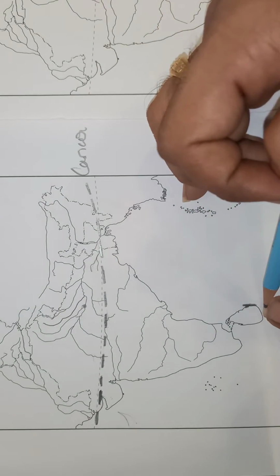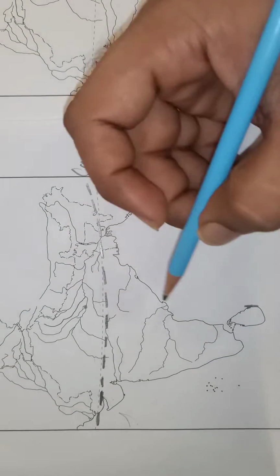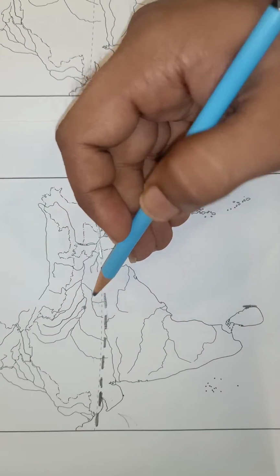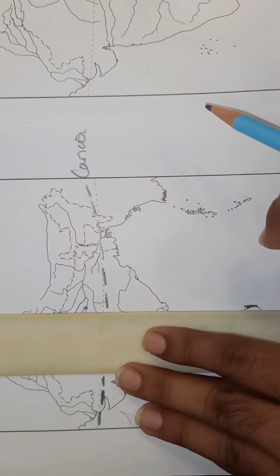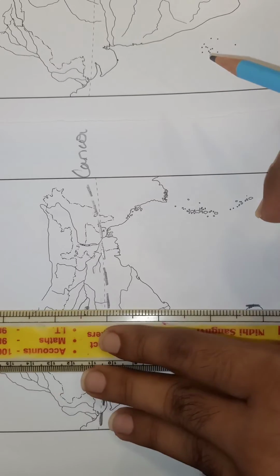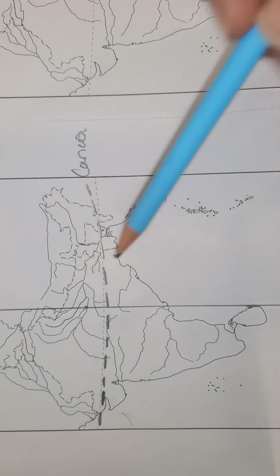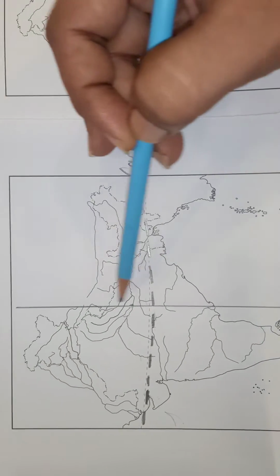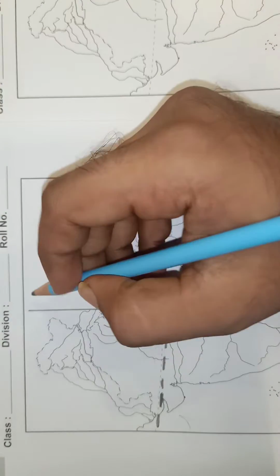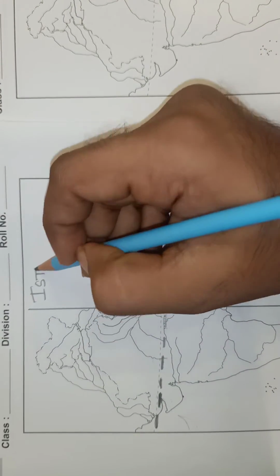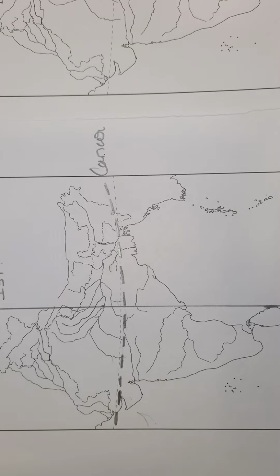You have to join this line and this point. When you join this line, you get the Indian Standard Time. So I repeat, it should pass from the edge of Sri Lanka and exactly through Allahabad. If these two points are right, this is the standard meridian, the standard meridian of India. So we have completed these two markings.